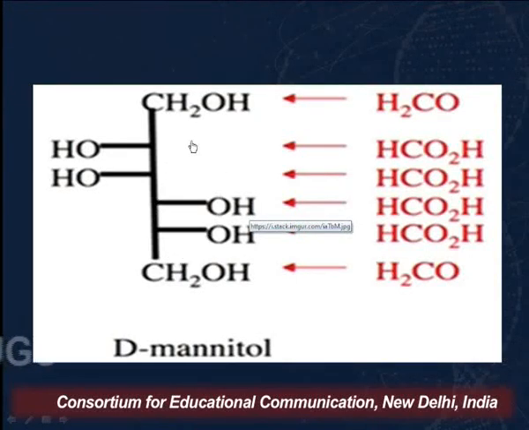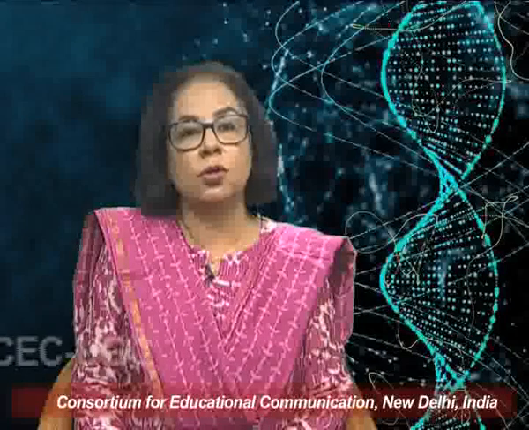Now if we go on to D-mannitol, what do we find in D-mannitol? This we have obtained by reduction of glucose or by reduction of mannose. So on reduction, the CHO group has been reduced to a primary alcoholic group. In this case, you have to remember that CH2OH will be converted to formaldehyde, and these 4 secondary alcoholic groups will be converted into carboxylic acids, that is, formic acids. I believe by now you should be able to do these problems.